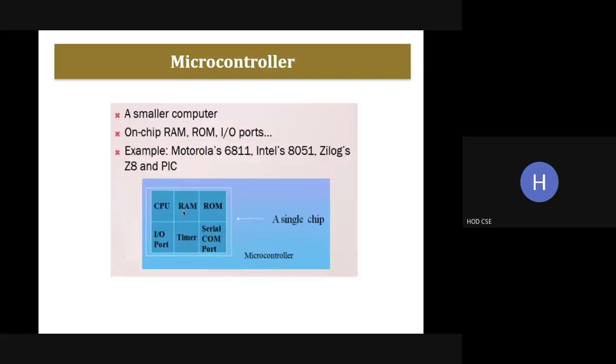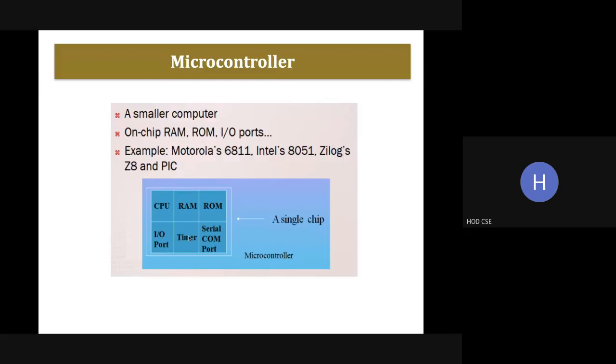For example, if you're taking a fridge, the temperature that is read will be stored in this RAM, the data memory, and the program will be stored in ROM. So it is erasable, so that will be available here. If that application needs an IO port, that is parallel data transfer, we can go for this IO port. If it is not needed, we don't have to use it.